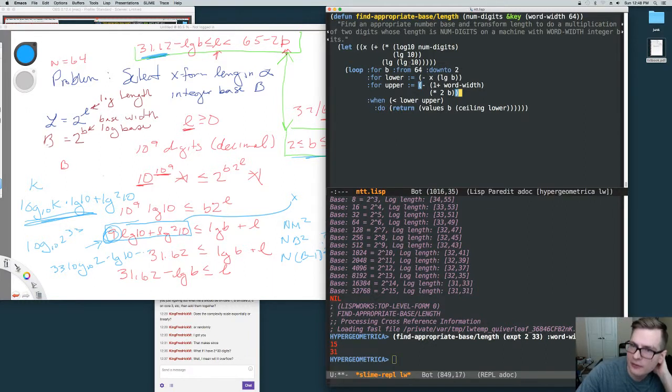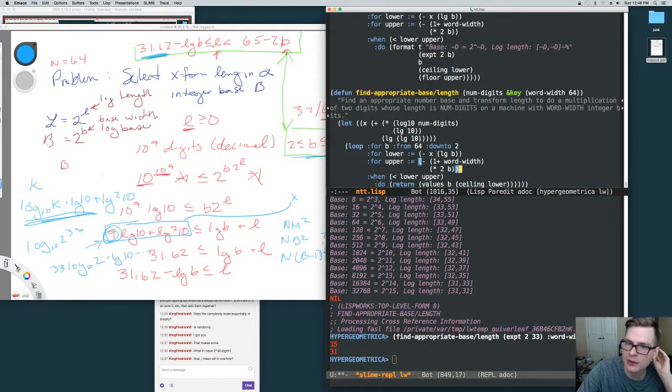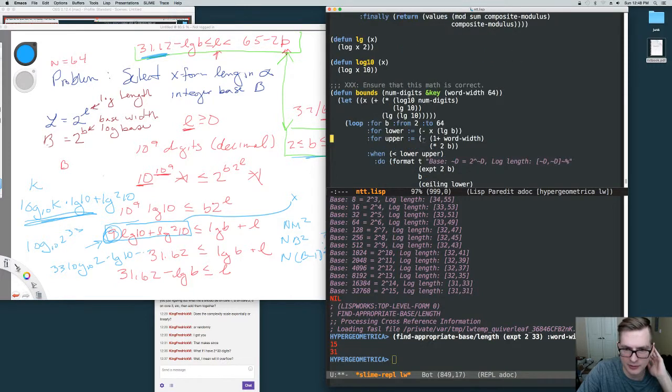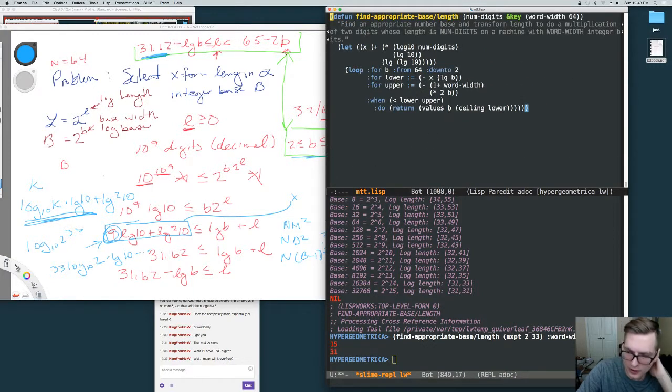So now that we have find appropriate base and length, now we need to find an appropriate modulus for that base and length. So for our number theoretic transform, we're computing everything mod m. Our requirement to do the multiplications is the